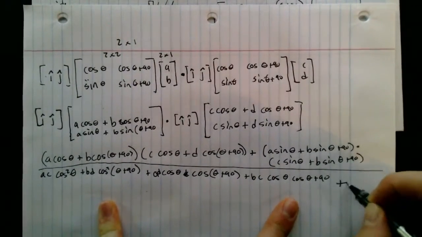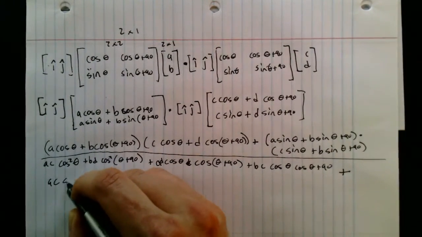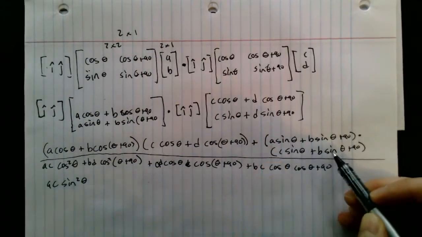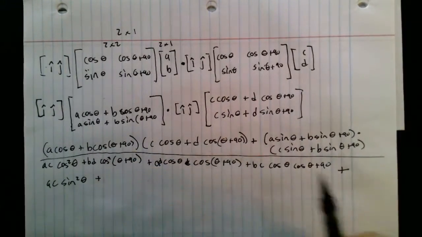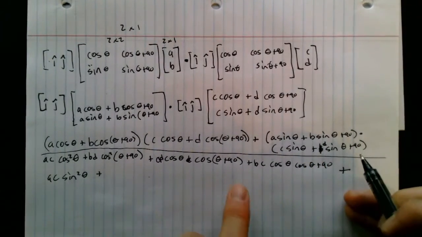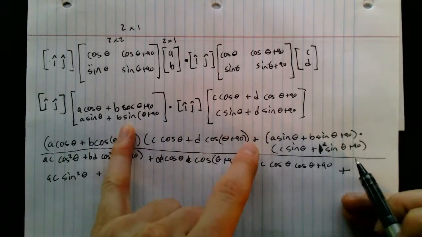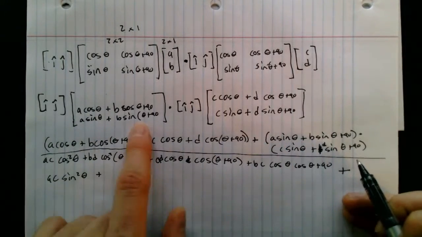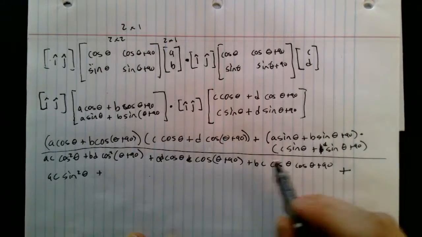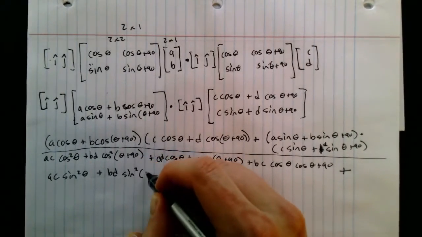So now we need a big plus sign, and now right down here, so we have AC sine squared theta, and you're probably already seeing some things. So that's this times this, and now we need this times this, plus that one should have been a D, right? Because we had this and D. It's this times that. So that should be a D. Let's see. AC sine squared theta plus BD sine squared theta plus 90